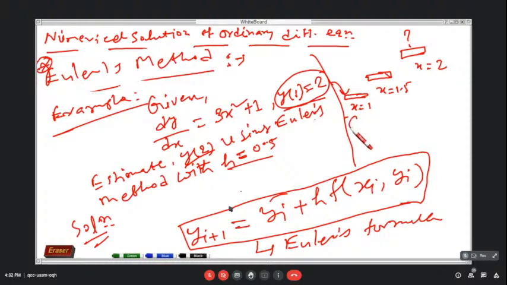So you know h is equal to 0.5, which is already given in the question, and y0, this is also given, sorry, this is 2, and how much will I get this one, x0, y0. So this is nothing but f of